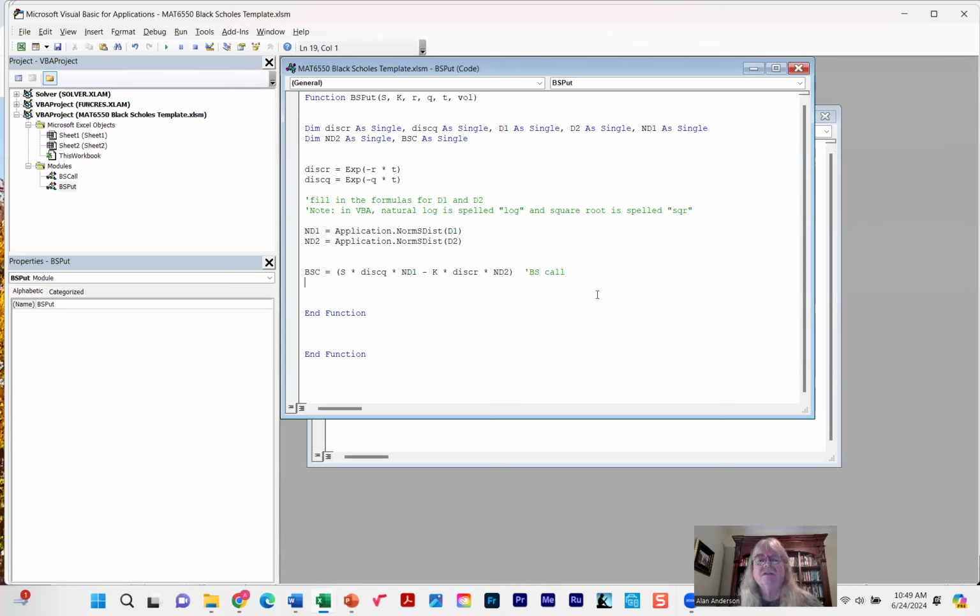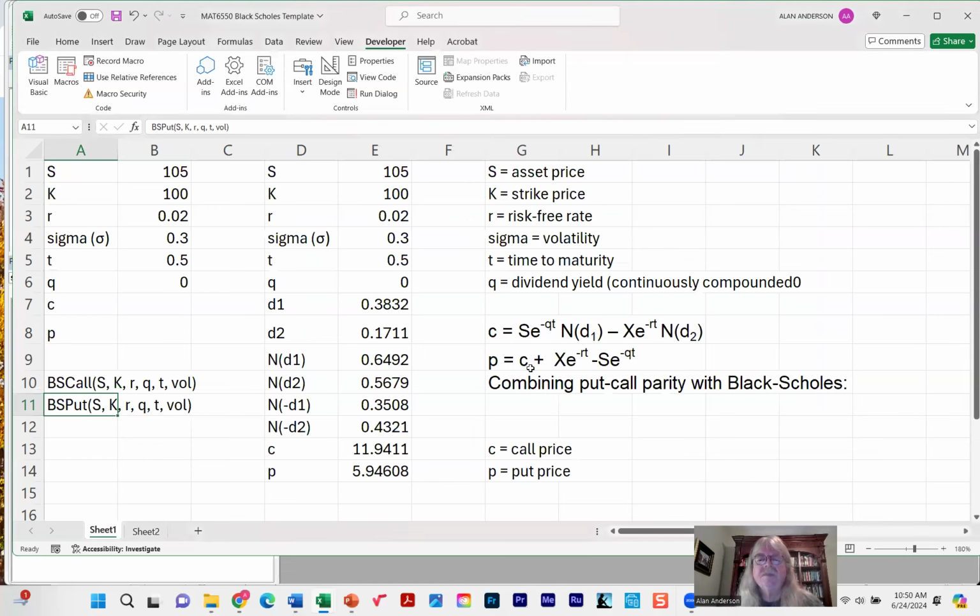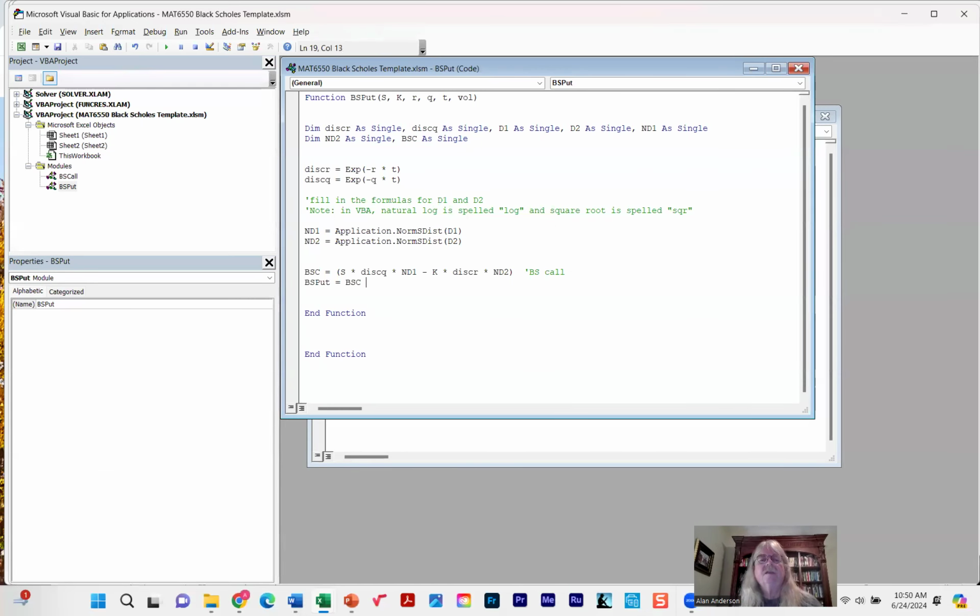That's your job basically. And then we'll call it BS put. And this will just be the put call parity condition, which means BSC. Actually, sorry, no. Yes, BSC plus